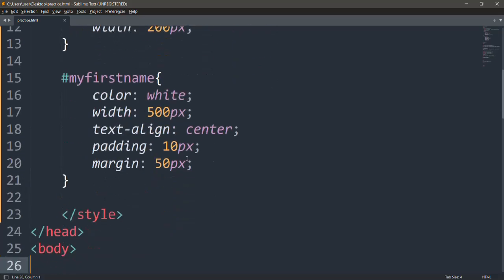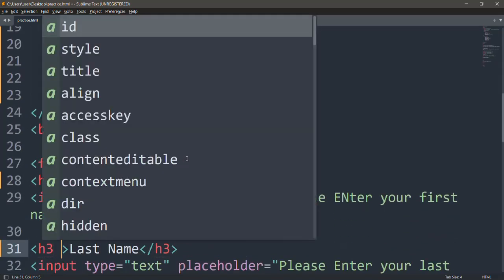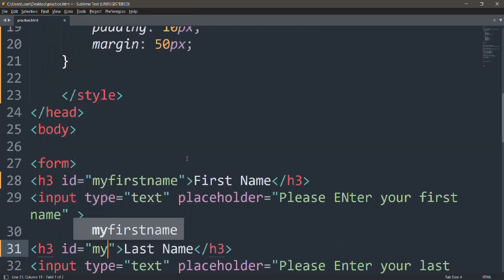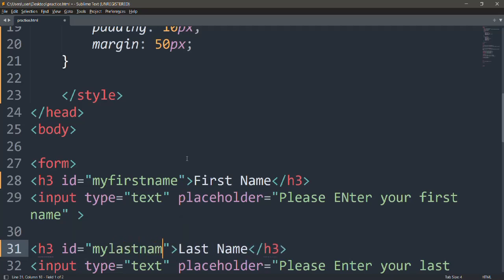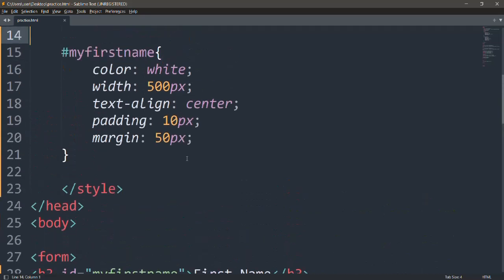So the only thing that you want to do here for this one to also inherit that same property is just to put my first name, or you can name it my last name. If you name it my last name, it is not going to affect anything